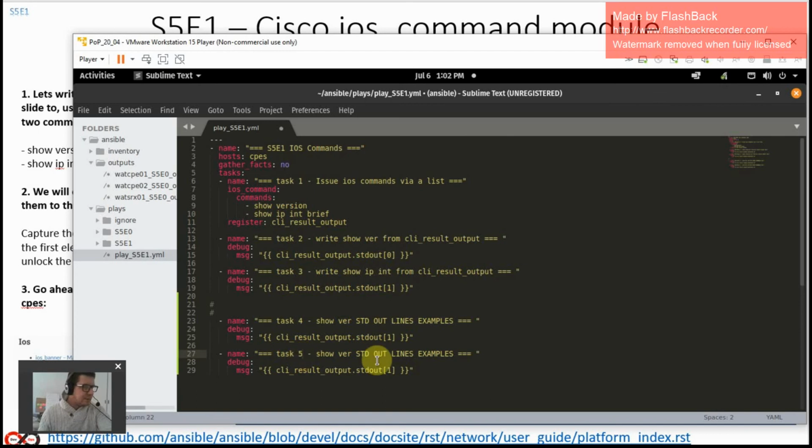Task 5, show IP int standard out lines. Now, lines, and that's the first element. Lines, that is the second element. Remember, it starts at 0, so 0 is 1, 1 is 2, and so on and so forth. Excellent. So let's save